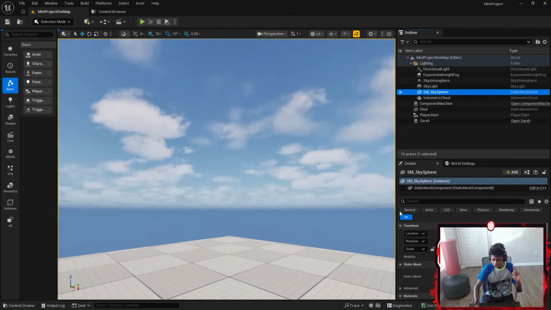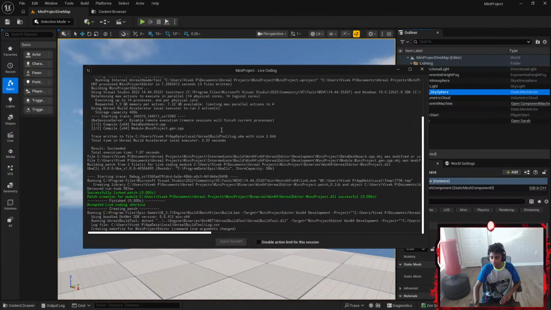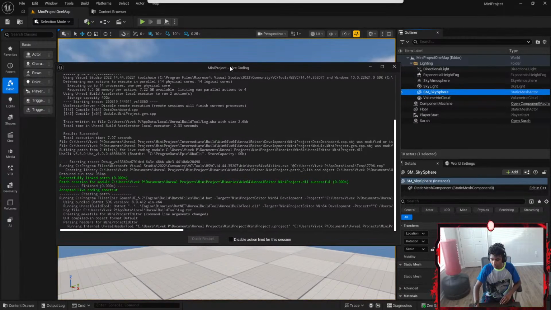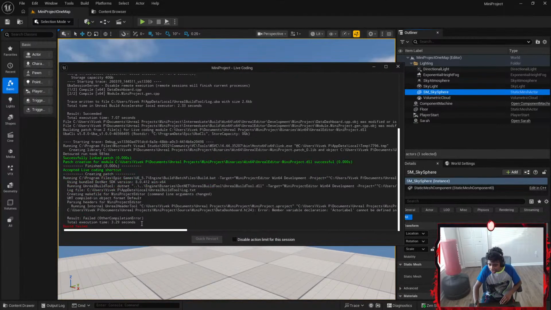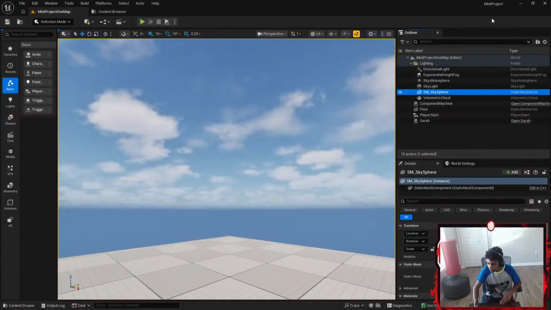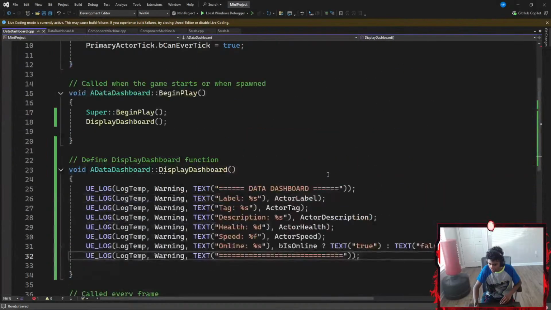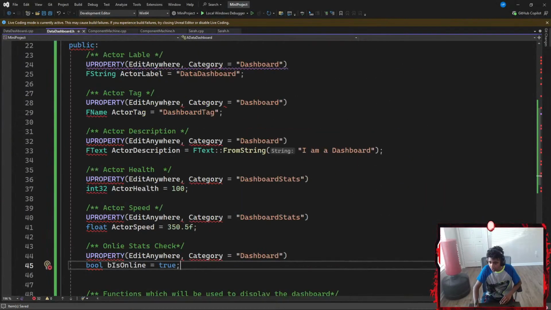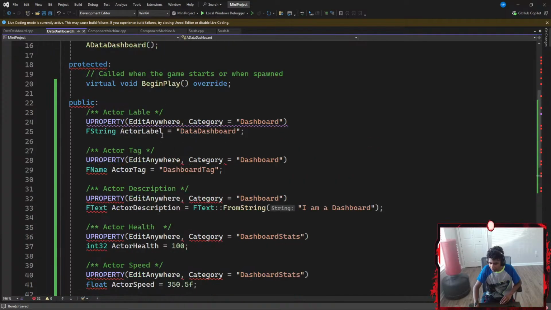Okay, now let's open Unreal Engine. Moment of truth, if I were to Control Alt F11 here, will it compile or give me an error? Because of those red squiggly lines. Okay, it does give me an error. Let's read the error. I was kind of expecting this. Does it point out what error I got? I'm pretty sure I know which one, but okay, well, everything here is correct. Dashboard, these things might be a little messed up. Let's see. UPROPERTY, EditAnywhere. So I want to go ahead and edit anywhere.